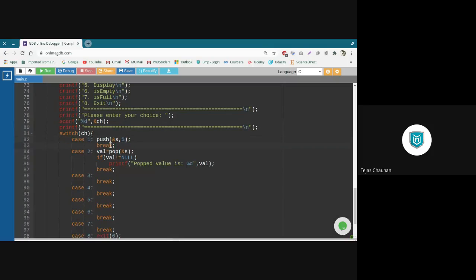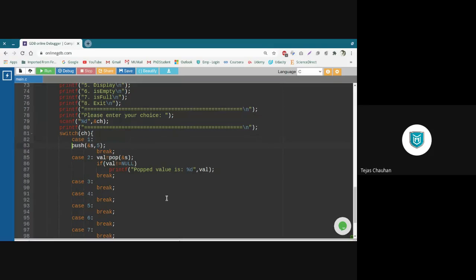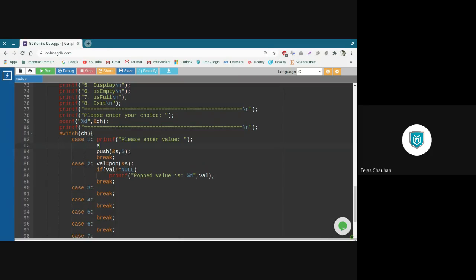Which means now here also, when I call the push operation, I can ask the user to insert a value. And we scan that value, and we pass this value.